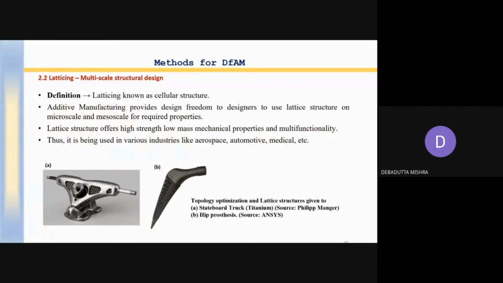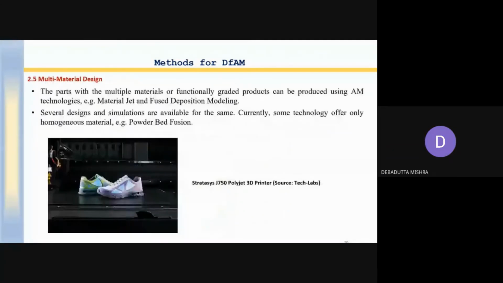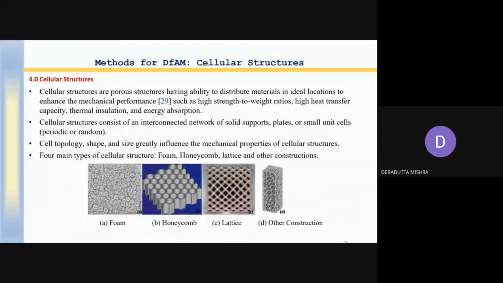The word here is cellular structure. What are those cellular structures? These are porous structures having the ability to distribute materials in ideal locations to enhance mechanical performance, such as high strength to weight ratio, high heat transfer capacity, thermal insulation, and energy absorption.